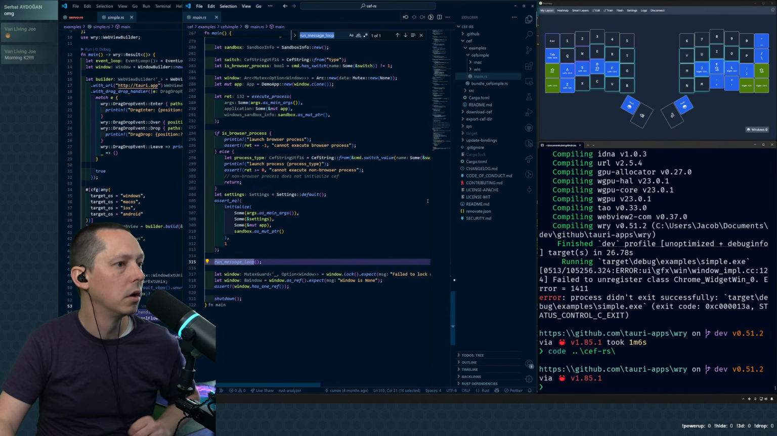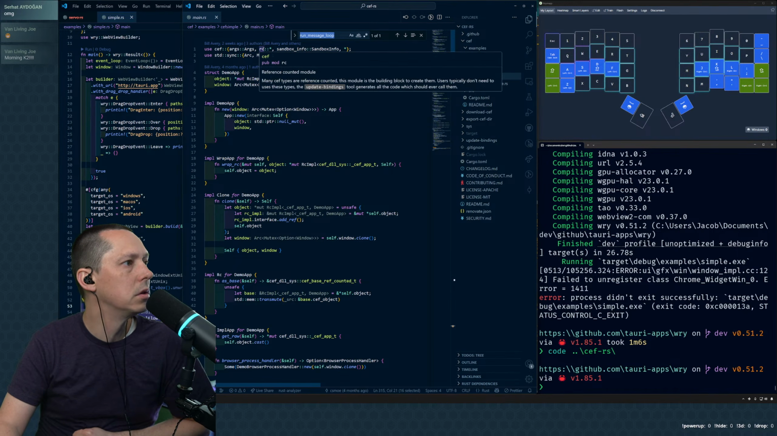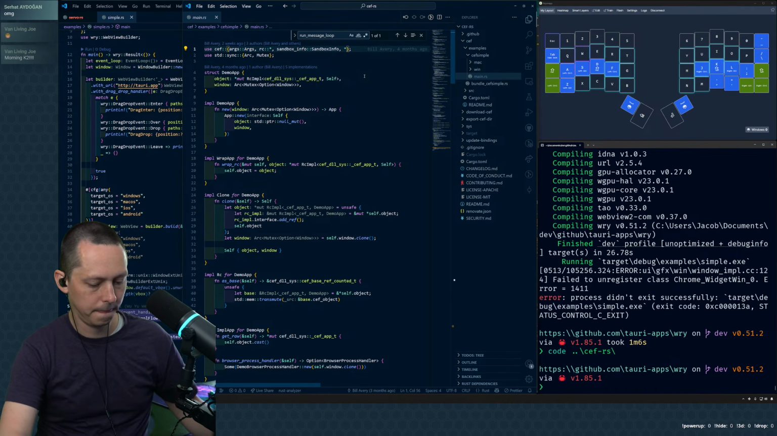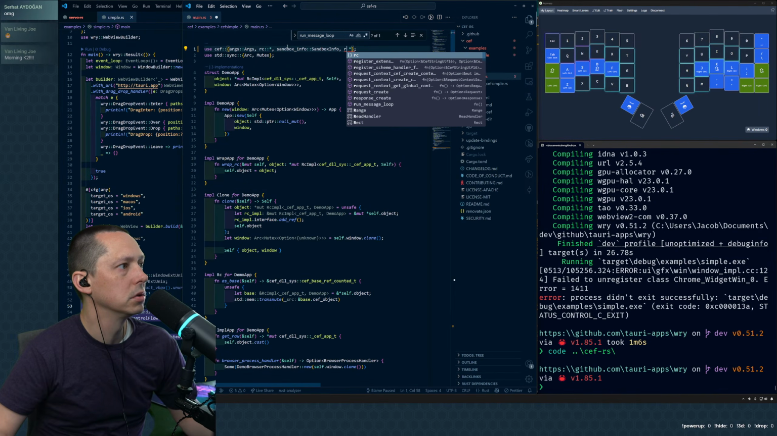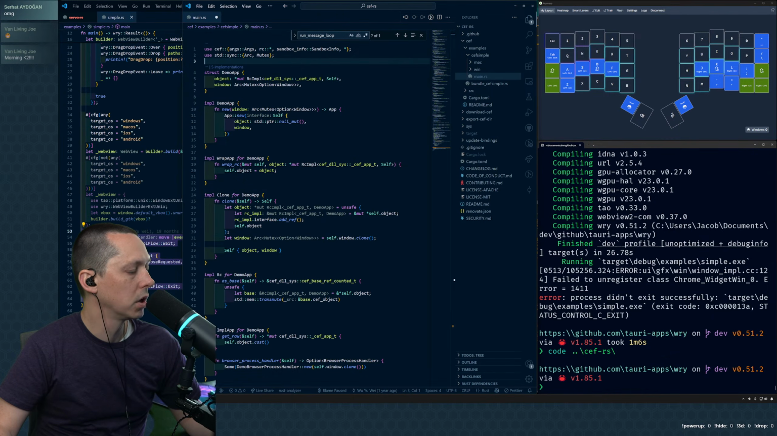Oh, lovely. Where do you think that comes from? Maybe RC? It probably comes from CEF somewhere, right? Yeah, run message loop, it looks like it's a function that's coming from CEF. So